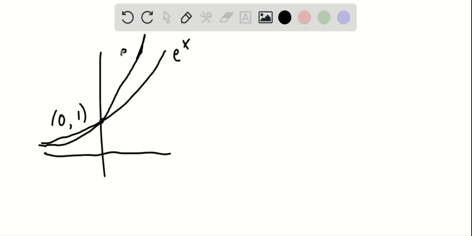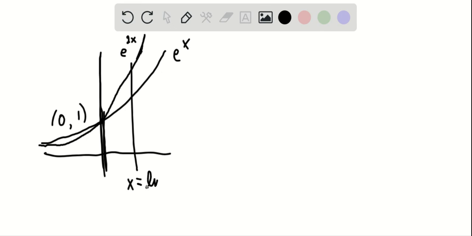Something like this. e to the 2x. Just think, if you're doubling your exponent, it's going to be, well, a horizontal squeeze, if you will. And they cross the y-axis at the same point. And the reason why I say it doesn't matter is that they also tell you they want one bound to be x equals 0 and the other bound to be x equals, so these are vertical lines,